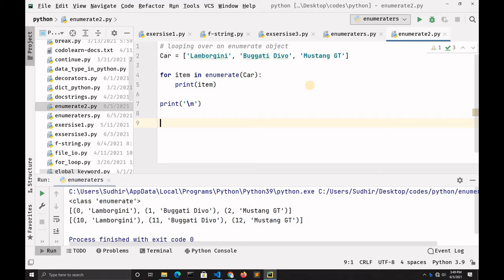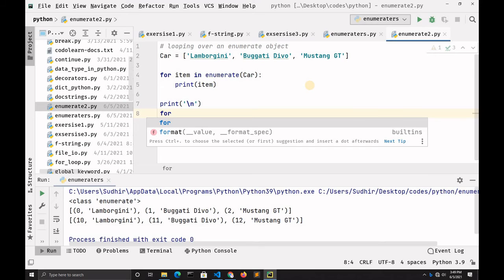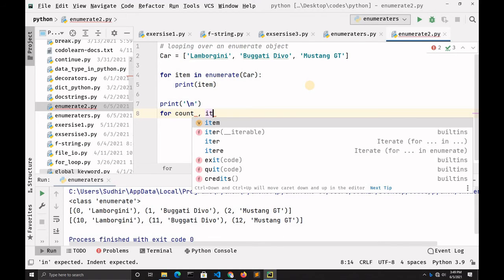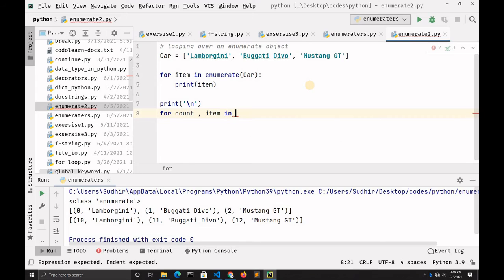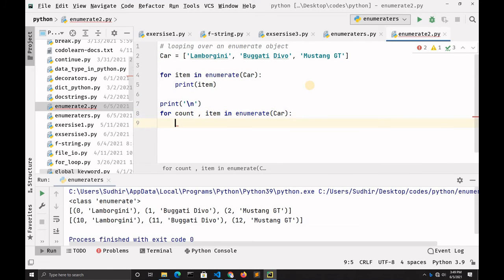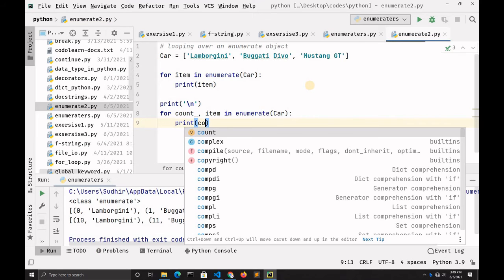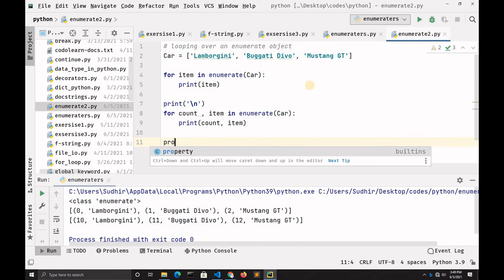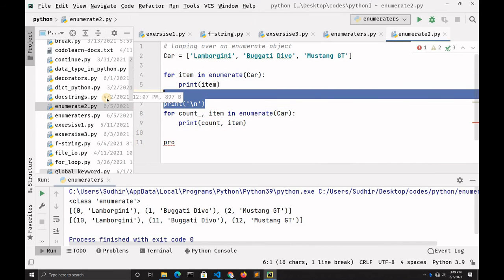Now I will type a for loop again, for count comma item in enumerate cars, and then print count and item, and then print \n again.